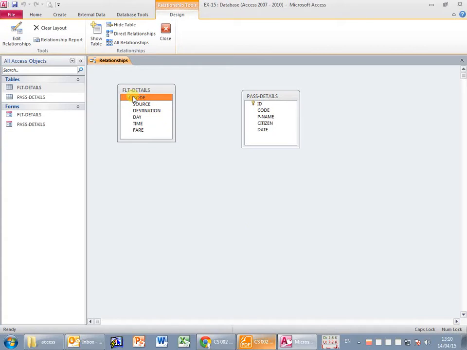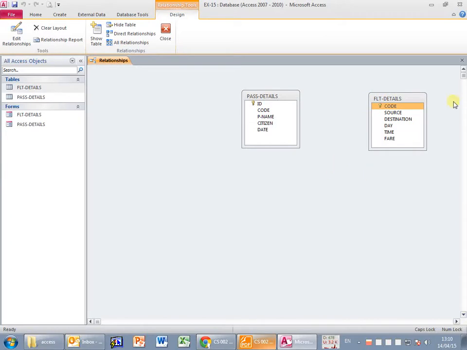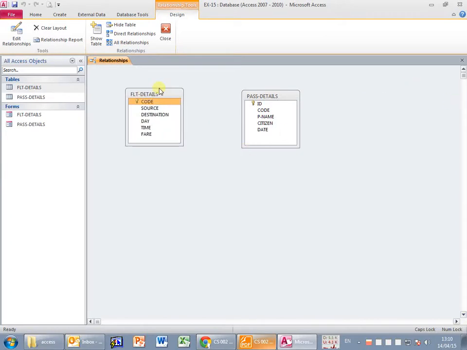From the left to the right. Actually, not always from the left to the right, because if I put this one here, it's going to be from the right to the left in this case. But he said in the